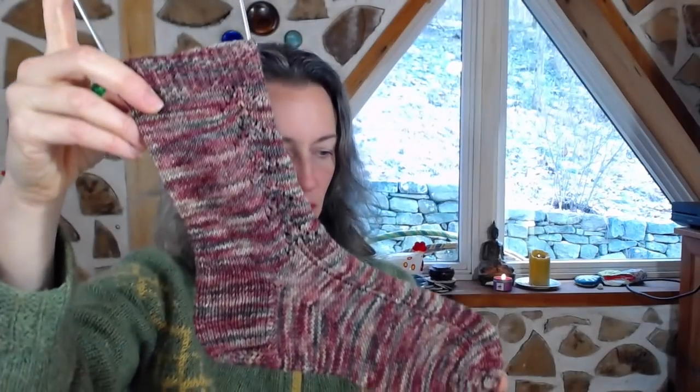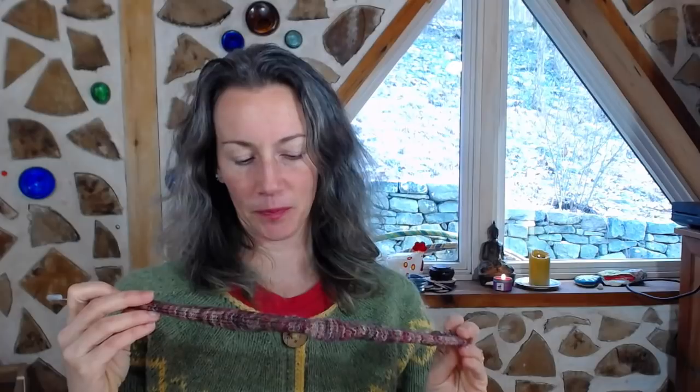I always find that my gauge gets off too much, and I just like the quickness of the vanilla sock. So this really appealed to me, that I could have a pretty little pattern on it while still making a vanilla sock, basically. The only thing that I did differently, and I think you can see it on here,